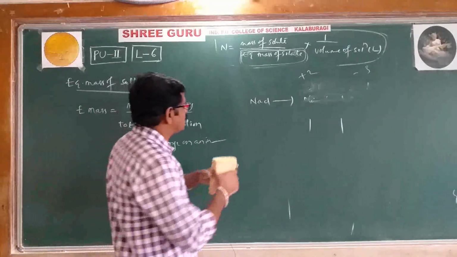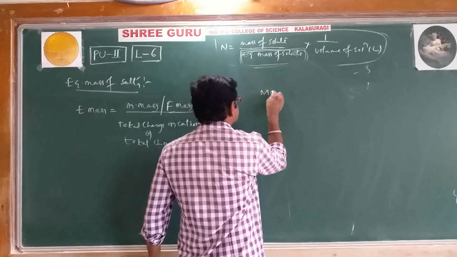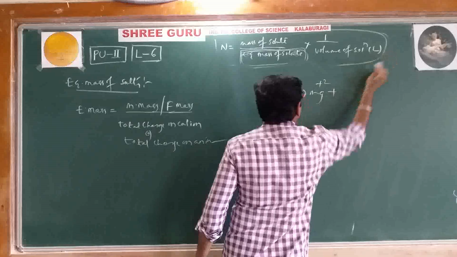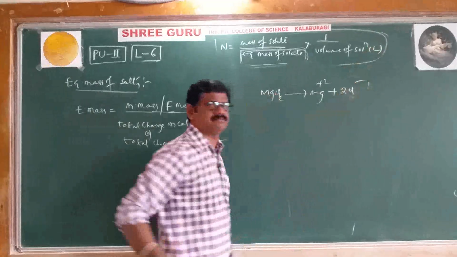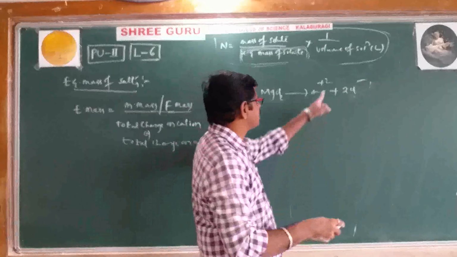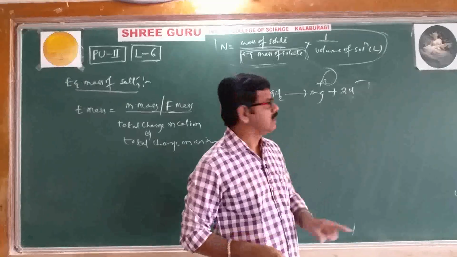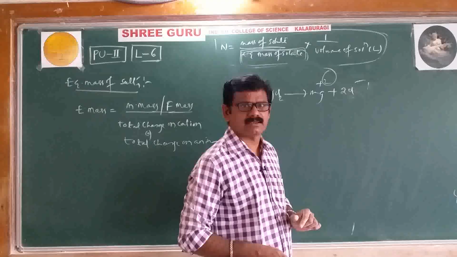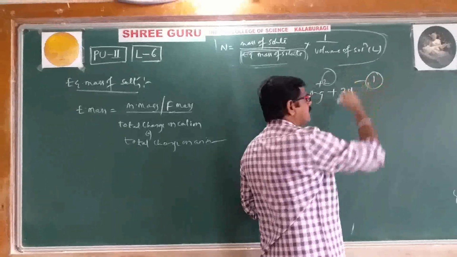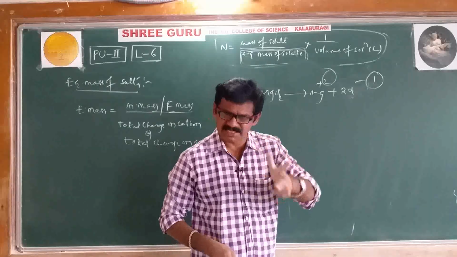Okay. One more example I'll give you, like magnesium chloride, suppose a salt. How does it split? Mg 2 plus and 2 Cl minus. Let's see now whether the total charge of cations and anions are the same or not. The total charge of cation is 2. Don't tell plus 2, just 2. Then what is the total charge of anion? Anion charge is Cl minus, minus means minus 1 only. Means here total charge of anion is 1.